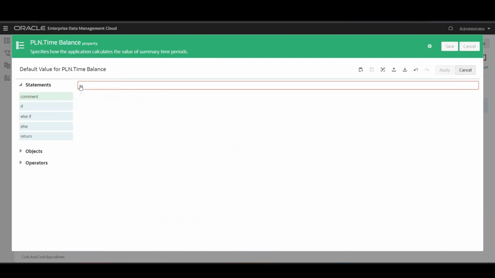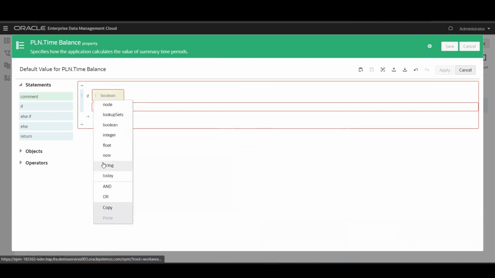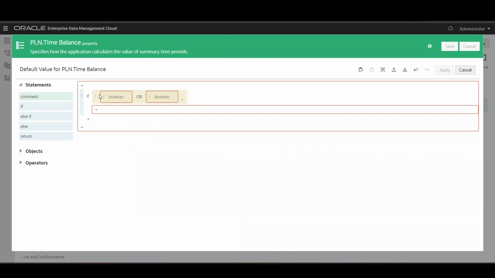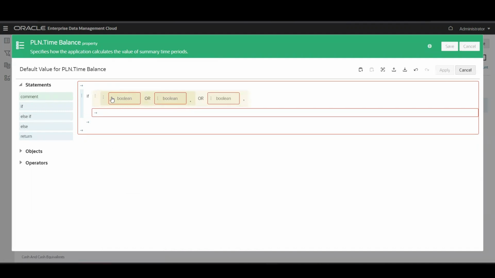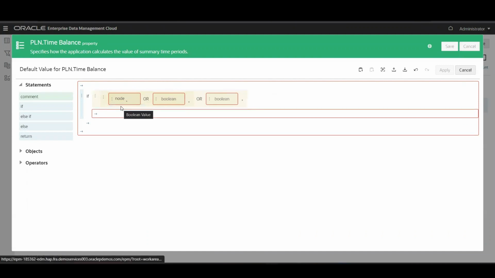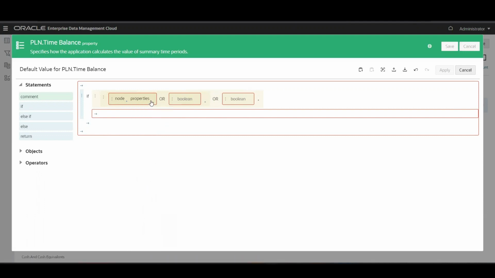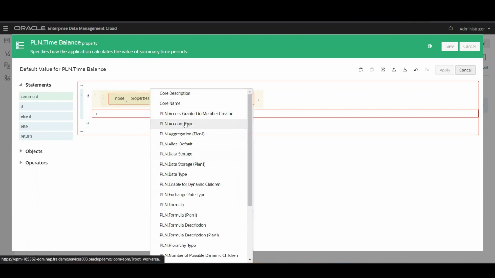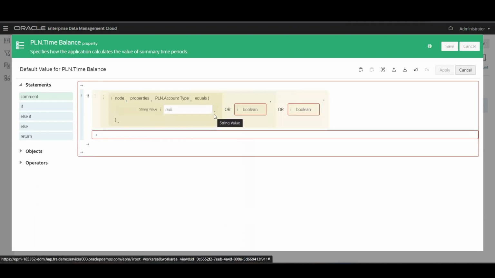I will begin with if, and select the operator as or. Again I will select or. First I will give the node, and under node I want the property of account type, that's plan account type, if it equals asset,